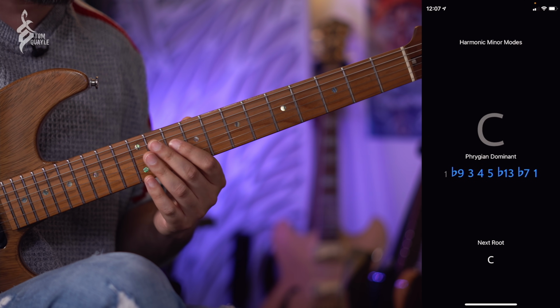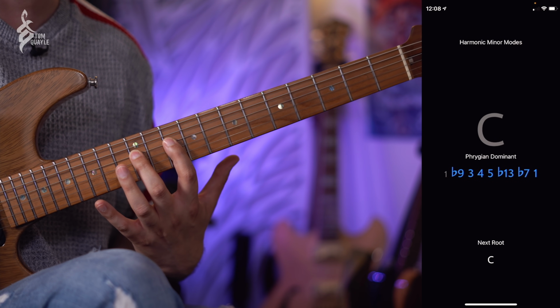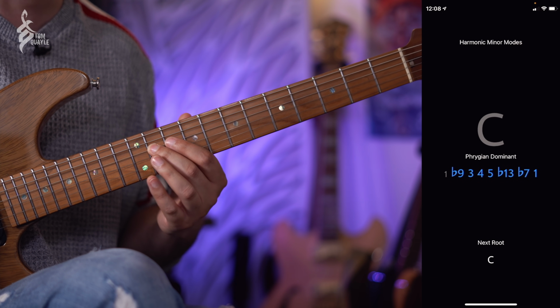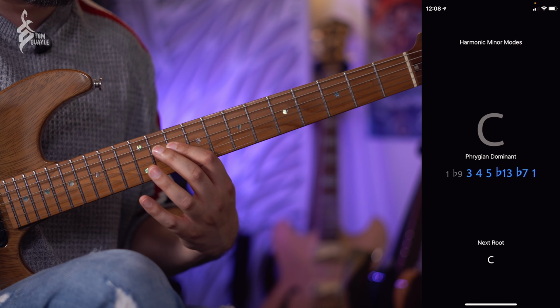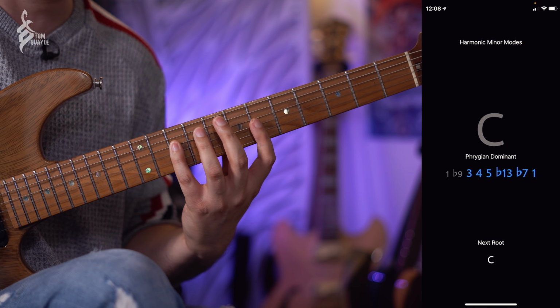Now I'm going to find the flat 9 interval. Okay, and the flat 9 in a major scale, the natural 2 or 9 is a tone higher than the root note. So this flat 2 or flat 9 must be a semitone higher, or 1 fret, and it's here. And Solo says I'm correct, which is great. So here's 1 to flat 9. So I'm cataloguing that visual relationship between the 1 and the flat 9. I could also play it here,